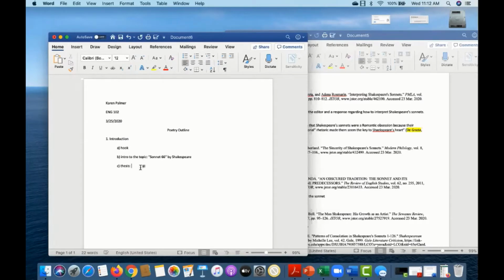Okay. So what you're going to do for your thesis, you want to combine those things. You want to combine those 3 elements of poetry and the theme of the poem. So your thesis is going to look something like this. In this poem, whatever your author is, your author's